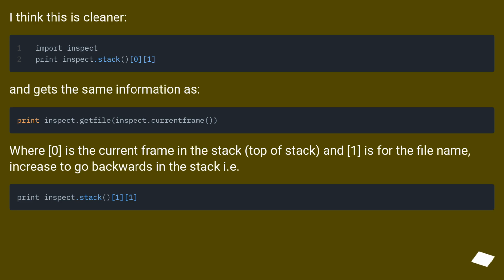I think this is cleaner. And it gets the same information as